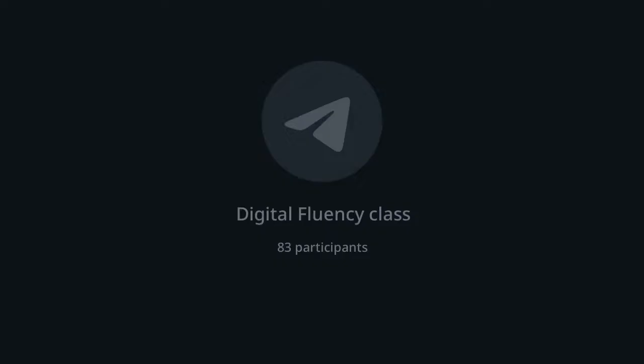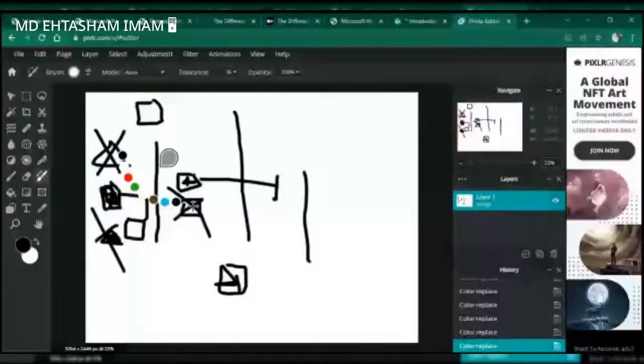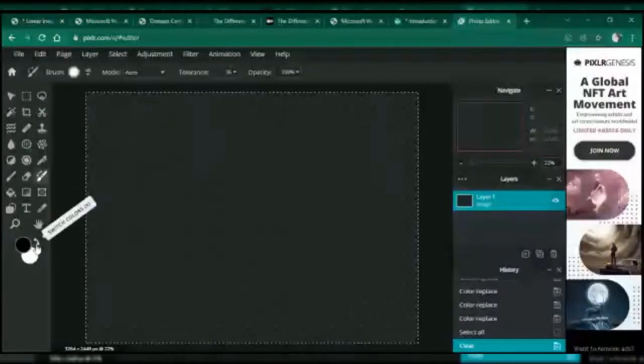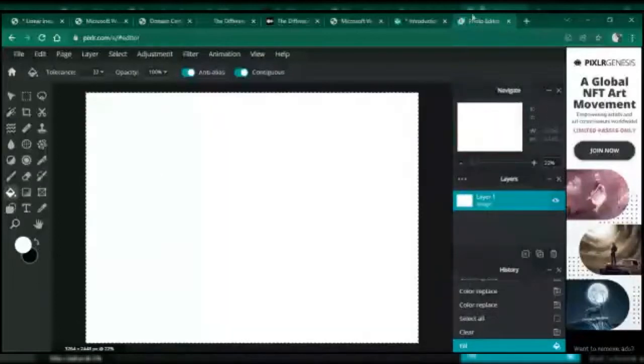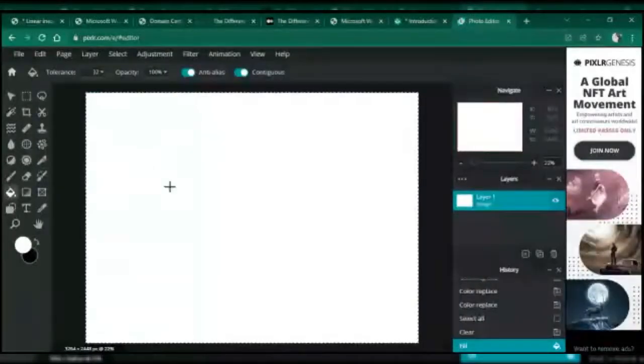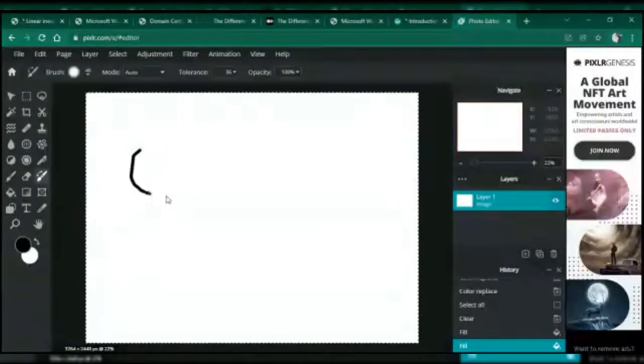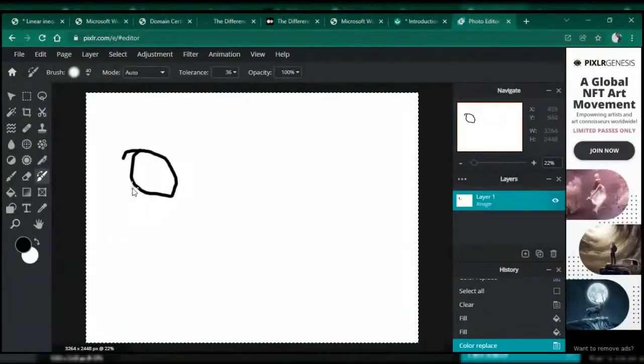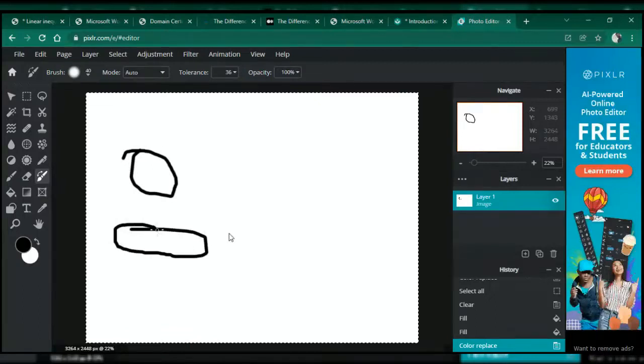Suppose you get an orange. I can't draw here, I'm using a mouse, so it's not so clear. But say you get an orange. What are the things that determine whether it's an orange or not? First thing is the shape. The computer will decide whether it is spherical or not. Because if it is a long thing, it could be a cucumber or a banana or a radish. If it is a spherical thing, it could be an apple or an orange or a lemon. So first thing it would determine is the shape.